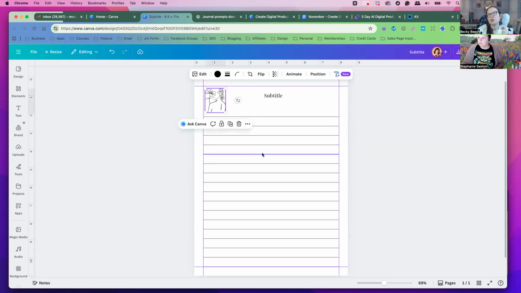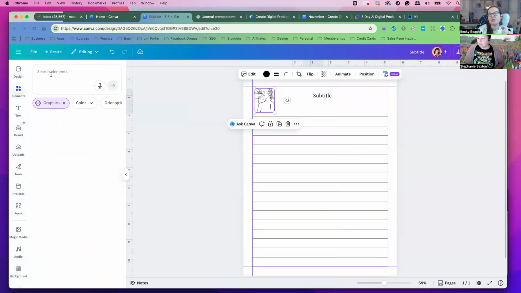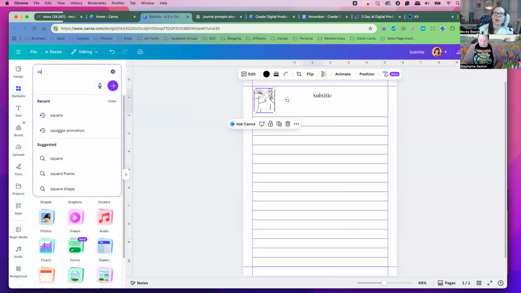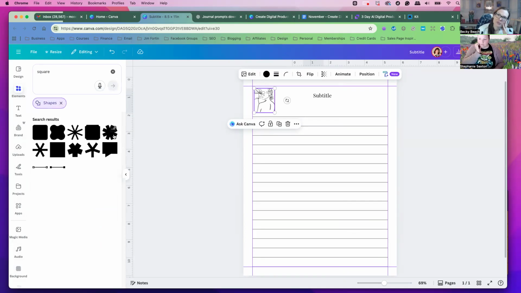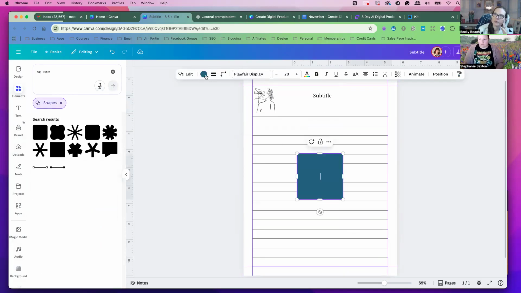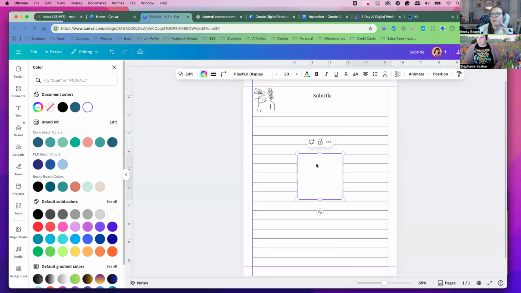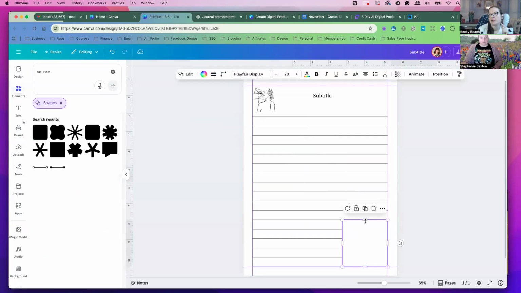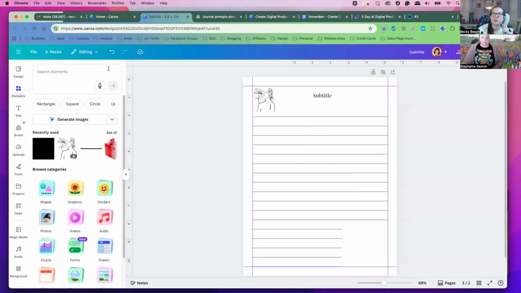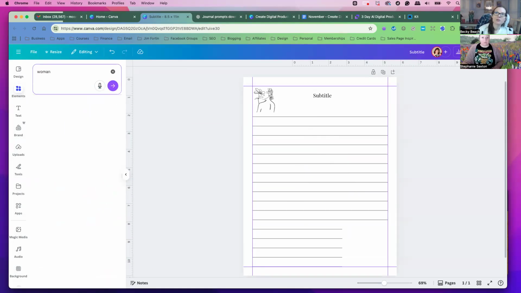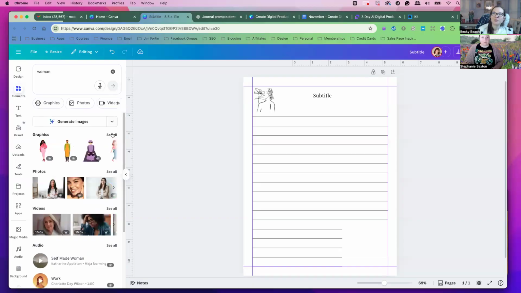I just think that might look cute. Then we could do something else. We get like a square. And then we'll go here, let's go to shapes and just click that black square, and then just make it white. And then put it down here like that. And then we could put like another image back right here. It might look cute to have just another image right there, just to give some more playfulness. Maybe another picture of a woman, like the graphics.